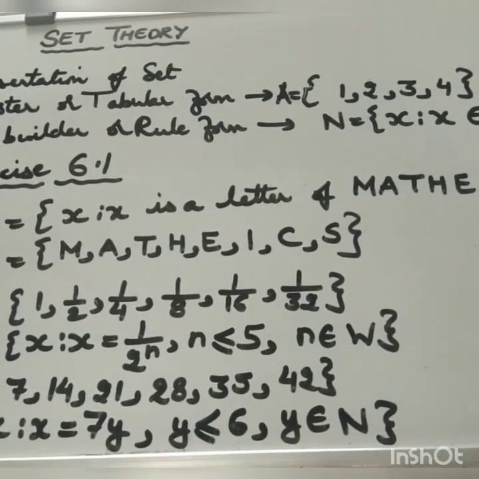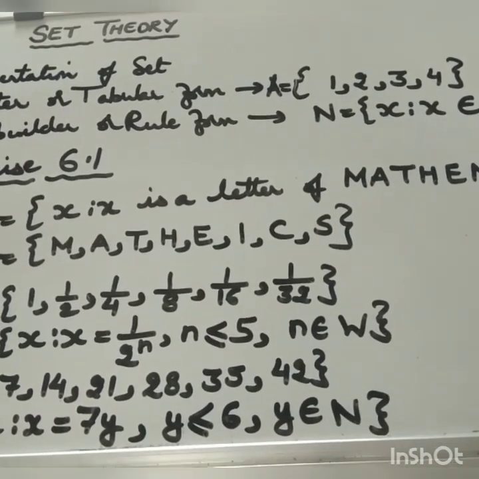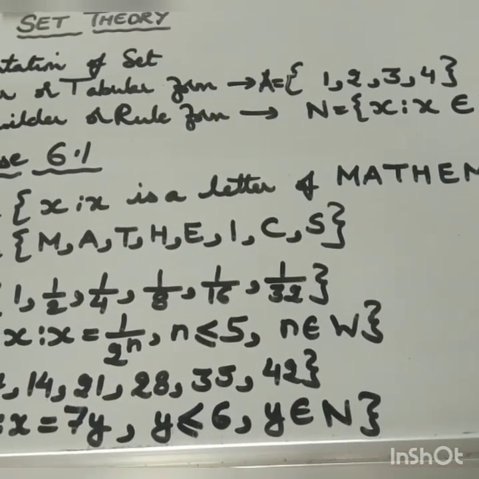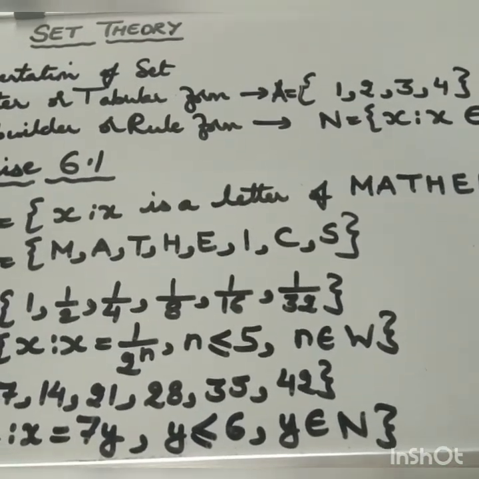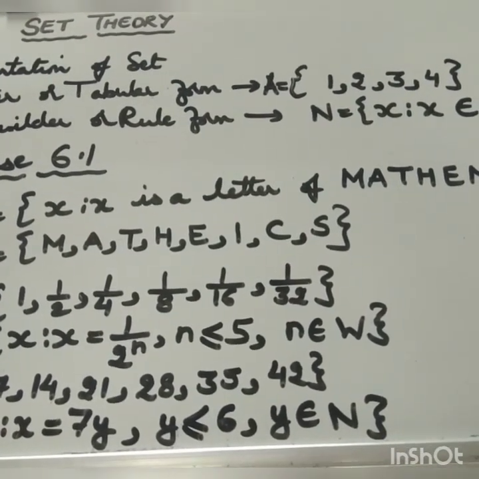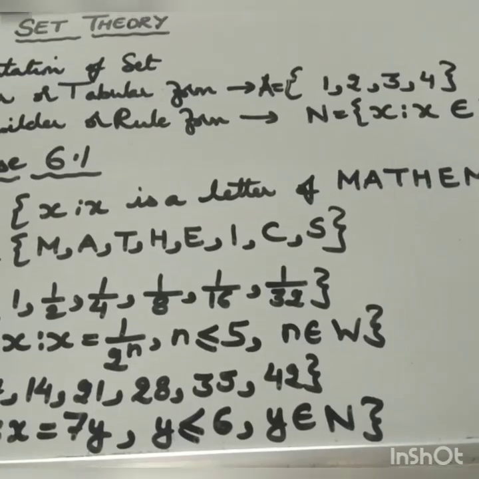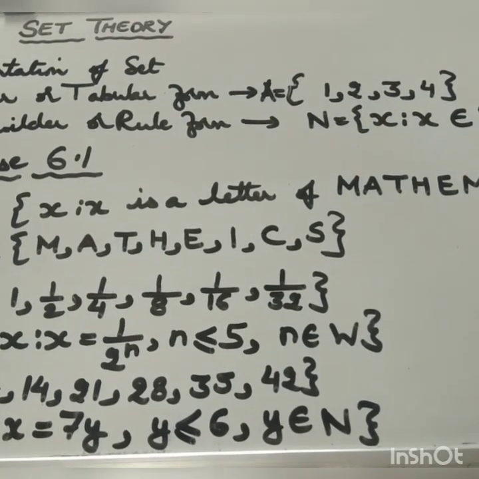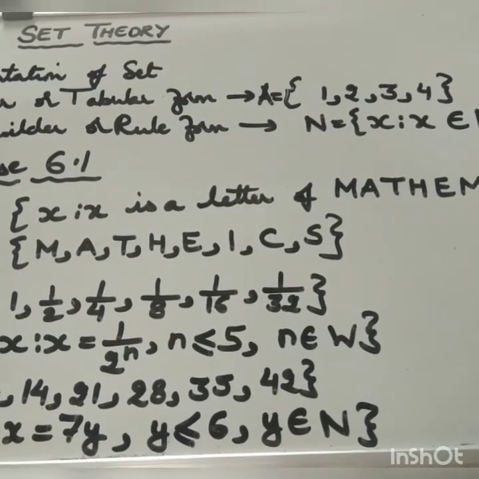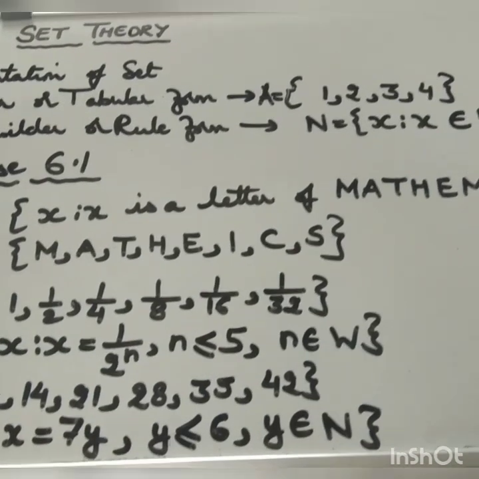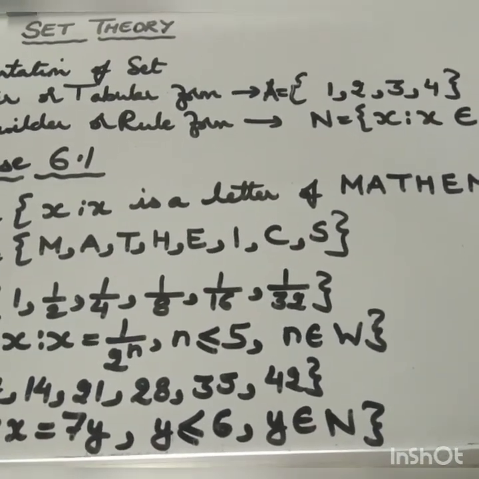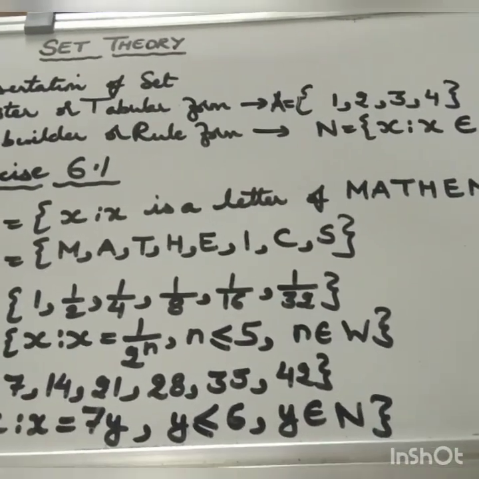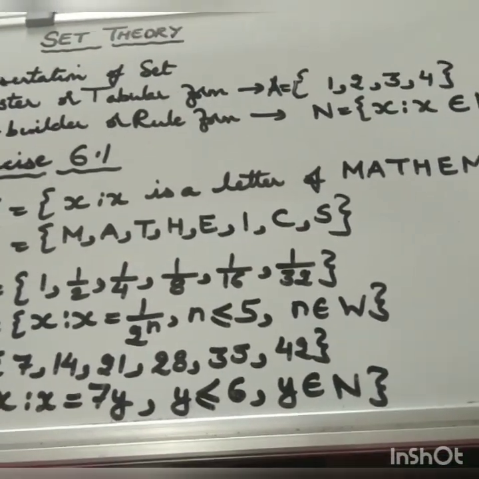Now children, representation of sets. A set could be represented in two forms. There are a few more forms, but mainly there are only two forms, that is roster or tabular form, where you put the elements with commas in between and close them in a curly bracket. Second is set builder notation or rule form, where N = {x such that x belongs to N}. That means N is the set of natural numbers. So you can write the set in these two forms. One is called rule form, the other one is called roster or tabular form.